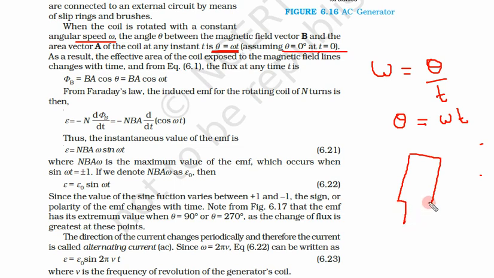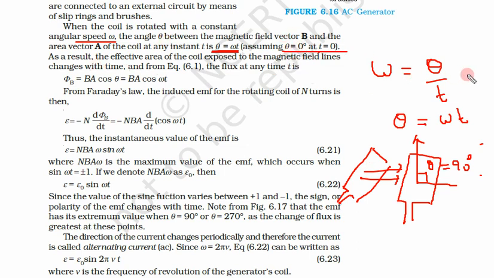Coil is in this position. So direction is this, area vector is this, and magnetic field is in this direction. So theta is equal to 90 degree. But initially they are saying that theta was 0. So that means this coil must be something like this. So this vector and magnetic field vector both are in the same direction. So initially theta must be 0. So we are starting with theta equal to 0.